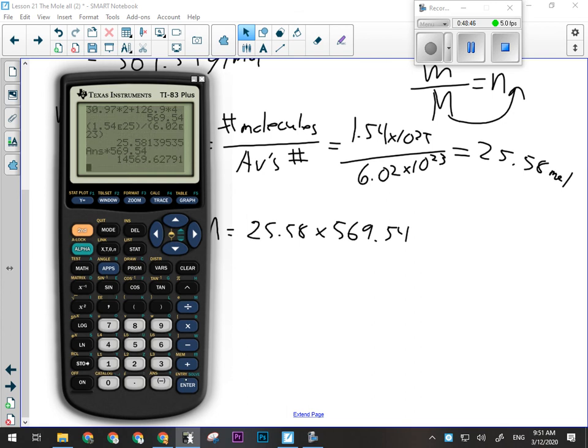Is that a lot? Yes, it is. That's 14.5 kilos of this stuff, whatever it is. Diphosphorus tetraiodide. I don't even know what that is, but it's a lot of it. It's 14.5 kilograms. That's about 30 pounds. For this one here, we can write out that whole thing, 14,569, or we can put it in scientific notation, which I'll talk about another day. I've given you enough math to worry about for one day. So 14,569.63